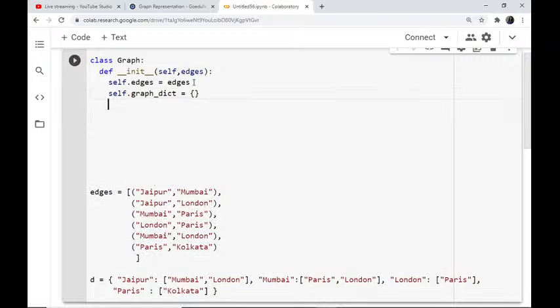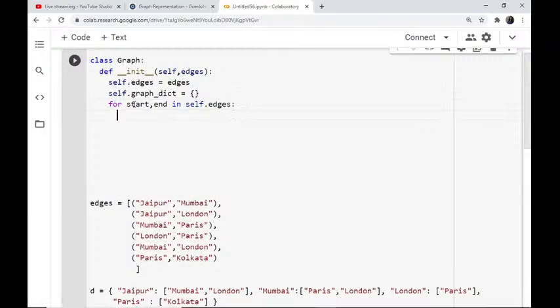And then I'll write a loop here because this is a list of tuples. This bracket is having the tuple. So I just want to extract the tuple, unfold the tuple. For unfolding, this tuple has two things: one location is the start point and the other is the end point. So here I'm writing a loop: for start, end in self.edges. Okay? And like this is a tuple, first value will come inside start and the second value will come inside